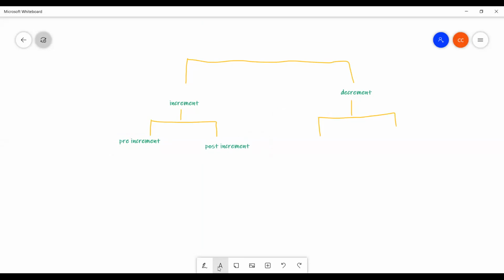Next, decrement is also the same: pre-decrement. Next one is called post-decrement. After completion of these operators, that is increment and decrement operators, immediately I will tell you two programs, then I will close the session. Okay, listen.